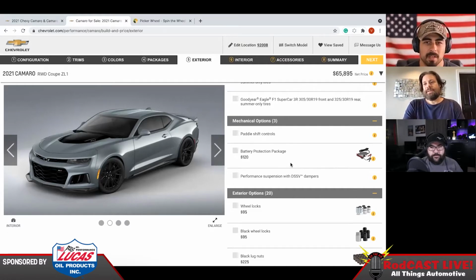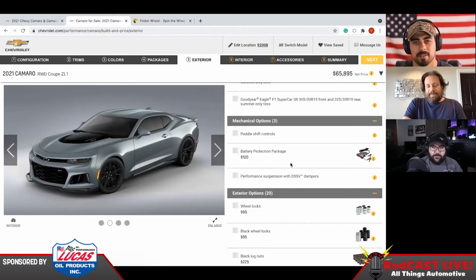That car was the pinnacle of Chevy performance for me. I loved that car so much when it came out. So anytime I hear ZR1, I'm comparing every one to that one. Yeah. But